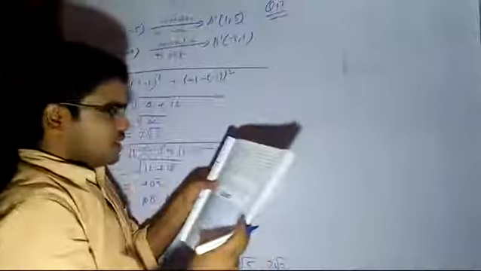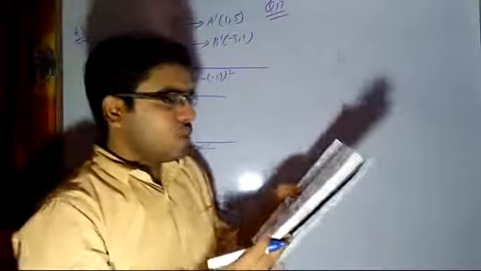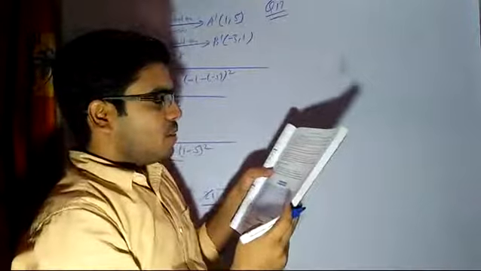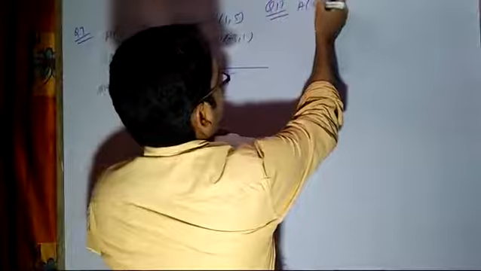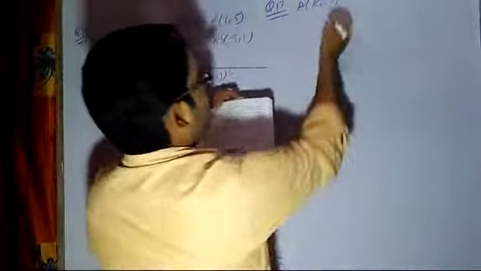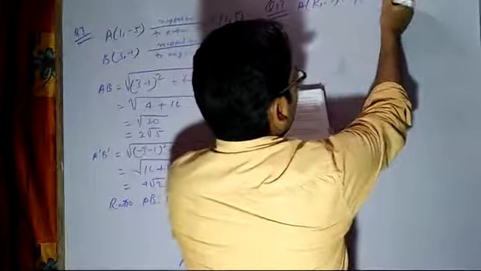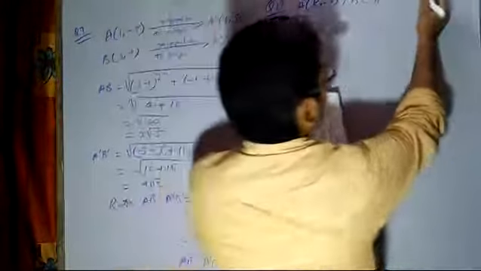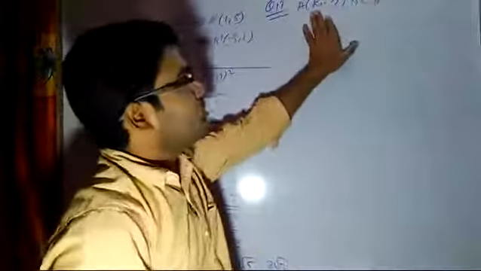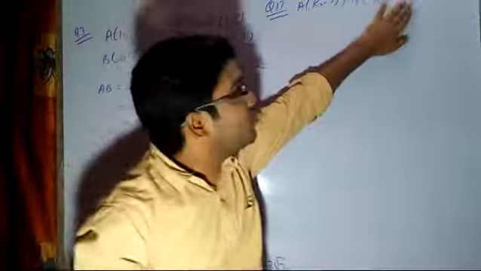So question number 17 says, for what value of k are the points k minus 2, k comma minus 2, 1 comma minus 4 and minus 3 comma 16, in the given order, collinear. They are in given order and they are collinear. That means if I assume A to be k comma minus 2, then B as 1 comma minus 4 and C as minus 3 comma 16. What is the value of k so that all the 3 points will be collinear.